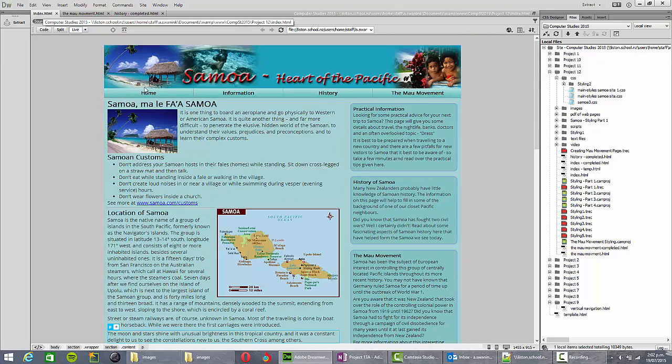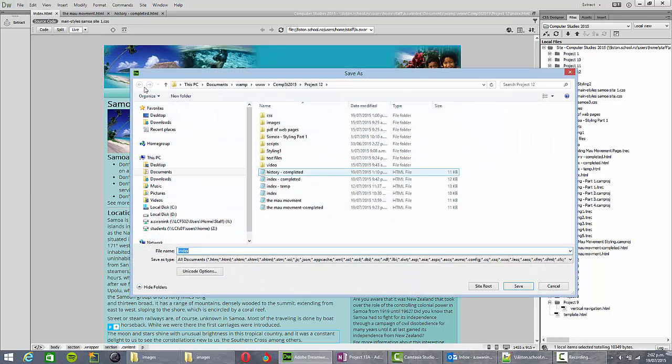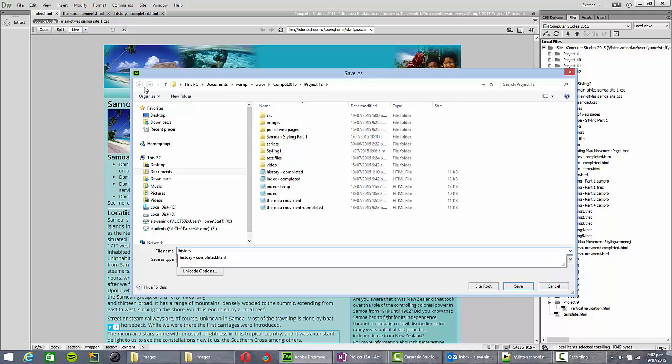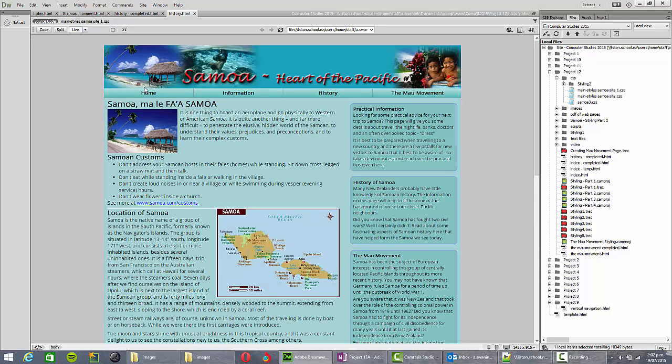I'm going to go back to my index page, go File, and save that as history. Now this is the same process as we used to create the Mau Movement page, using the index page essentially like a template. So let's save that, and here once again we have now a copy of the index page, but now called history. Now what I need to do is go and get the text I